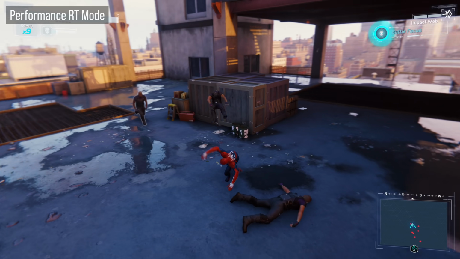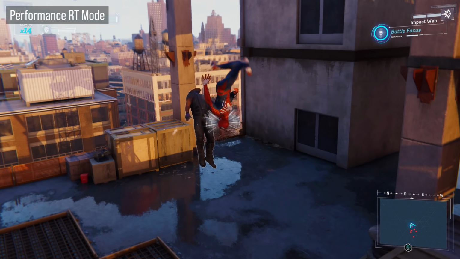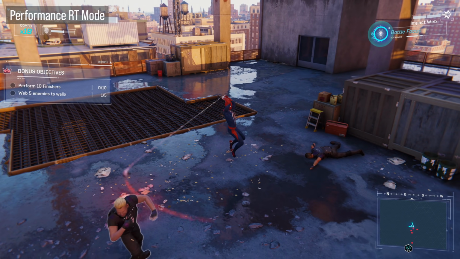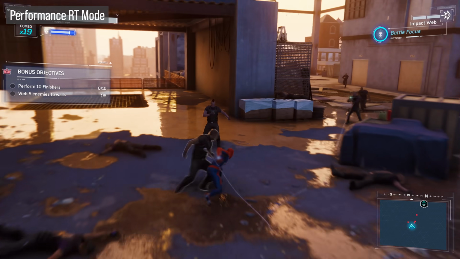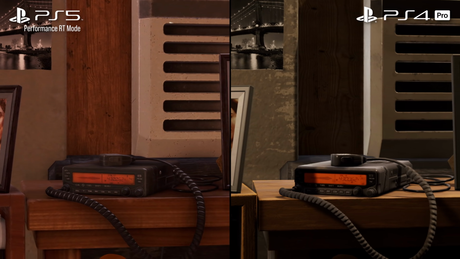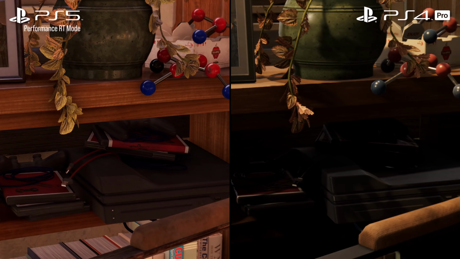So the resolution stuff is a little convoluted, I suppose, due to the extra modes, but the key is that it looks really nice in each of these modes, and highlights how impressive Insomniac's temporal injection is. This is especially important for the ray-traced Performance mode, which we'll discuss in more detail shortly. But first, let's look at some comparisons between PS4 Pro and PS5 using RT Performance mode, starting with the game's